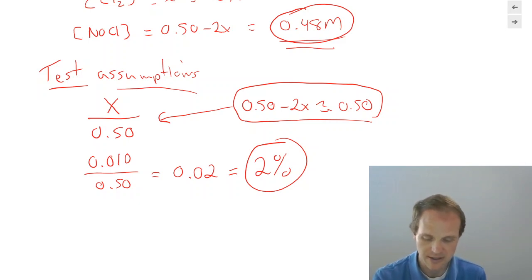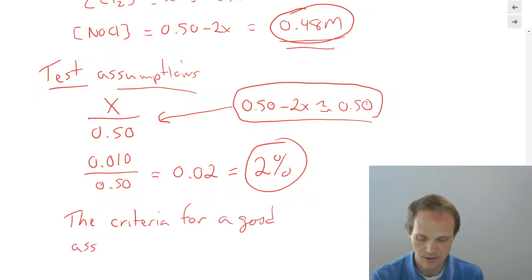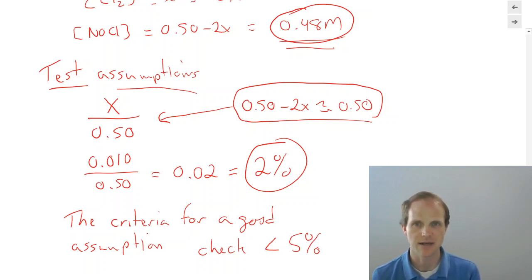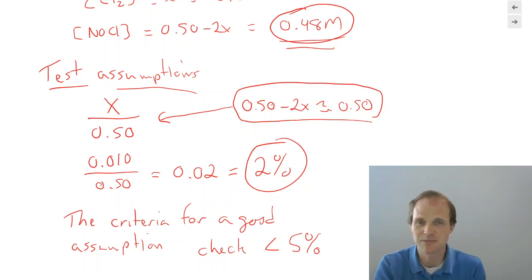So 2%, what we're going to say is the criteria for a good assumption is that this check will be less than 5%. Okay. Now, Professor, what is exactly 5%? Is that okay? It's on the edge. It's on the edge, right? It's a made-up number. I mean, 5% is just a made-up number. Somebody could have said 6%, 4%, but you know, people who have done this for a long time said, hey, look, if it's less than 5%, it's probably going to affect your answer so little that it's not going to make a big difference to it.